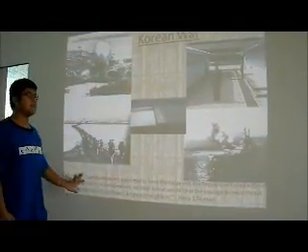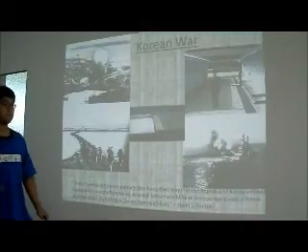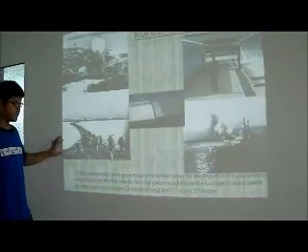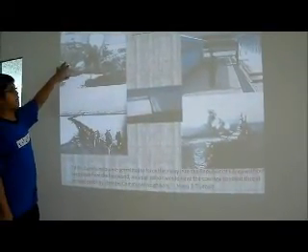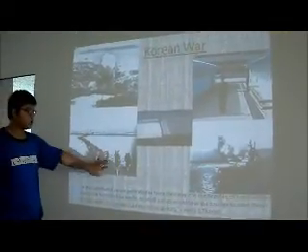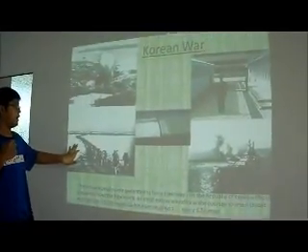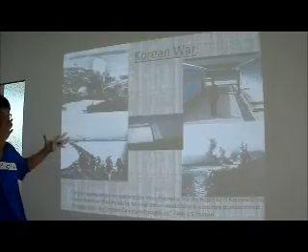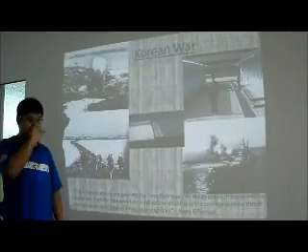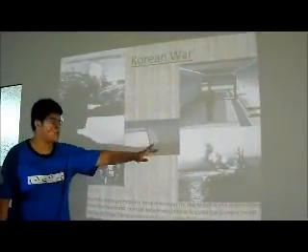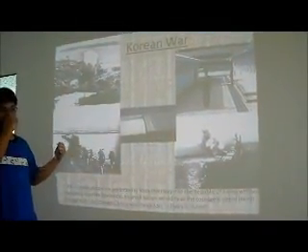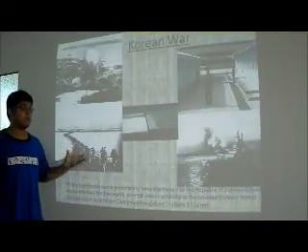So basically the aim of the Korean War was to stop the spread of communism and also to provide independence for South Korea. This picture shows a bombing of a war facility in North Korea by the Americans. This was a Chinese soldier who was involved in the Korean War as an ally of North Korea. This was the USS Missouri, which is one of the most important American battleships. This picture shows an aircraft bombing a North Korean communication facility.